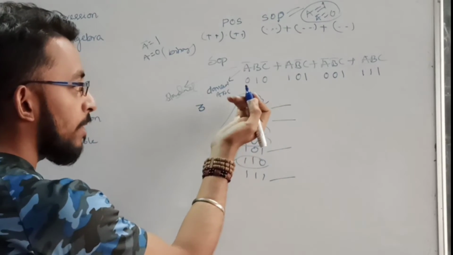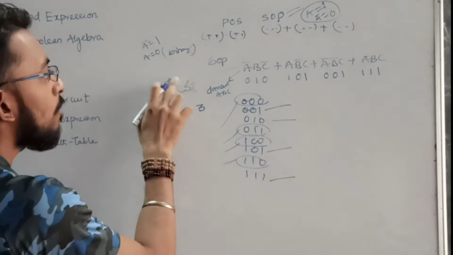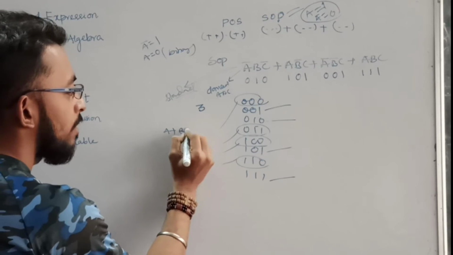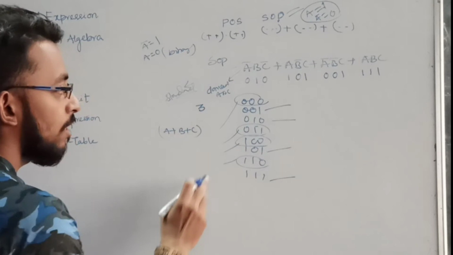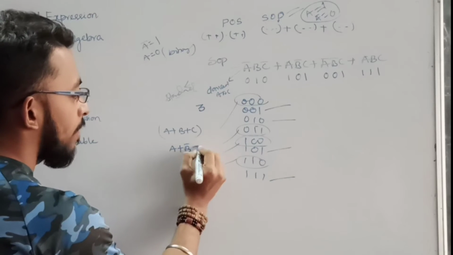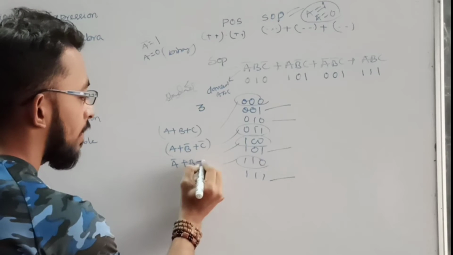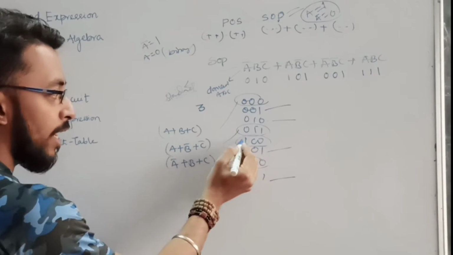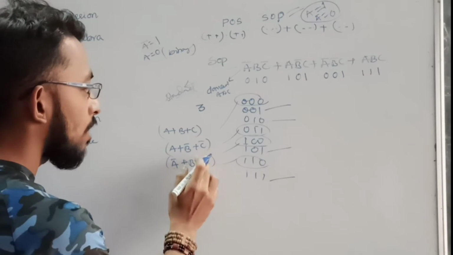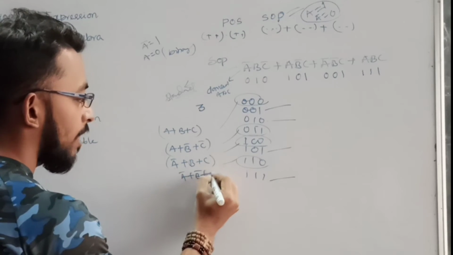So now I have to convert this binary digit into my POS form. For POS, how to represent 0 0 0 is nothing but A plus B plus C. For POS, 0 1 1 is nothing but A plus B bar plus C bar. For 1 0 0, A bar plus B plus C. Means for 1 I am writing bar, for 0 I am writing the simple variable. Sorry, yes, it is correct. 1 1 0 means A bar plus B bar plus C.